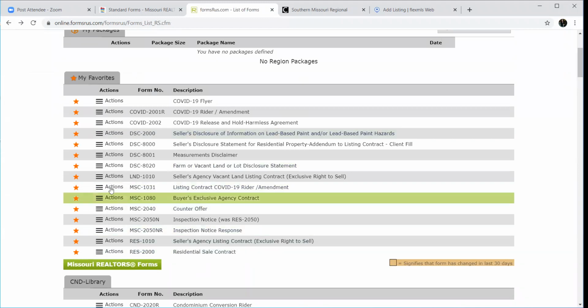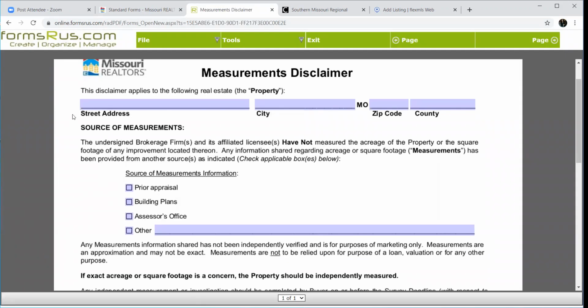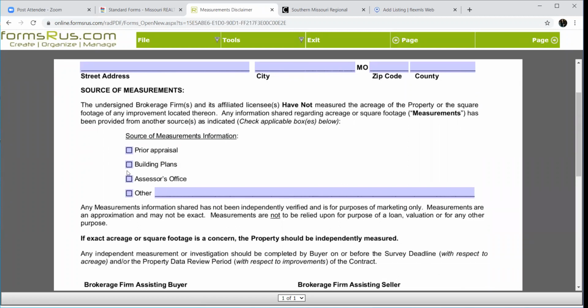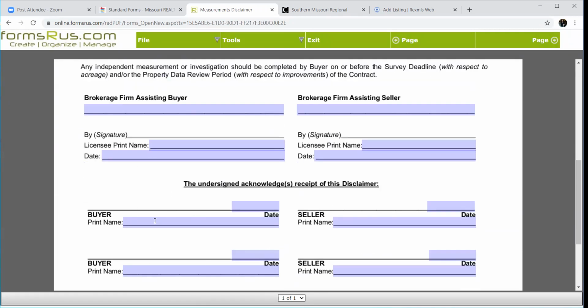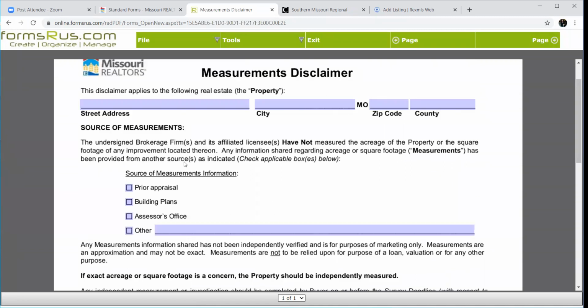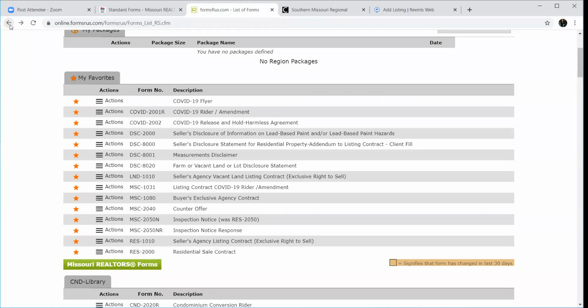Sure, I'm not missing anything else for your buyers here. Seller measurement disclosure. I don't remember if I showed you that the other day, guys. This would come from the seller on a listing. They're going to indicate the property address and where they got their actual measurements from. And as I told you guys before, I don't really want you doing your own measurements. I'd rather you get it from one of these three places, because then if it's wrong, it's on them and not on you. Both sides are going to sign off on this, so your buyer would sign this document whenever you get this from the seller. And usually a lot of people are just putting this on their disclosure page with their seller's disclosure and the lead-based paint, so it's there.